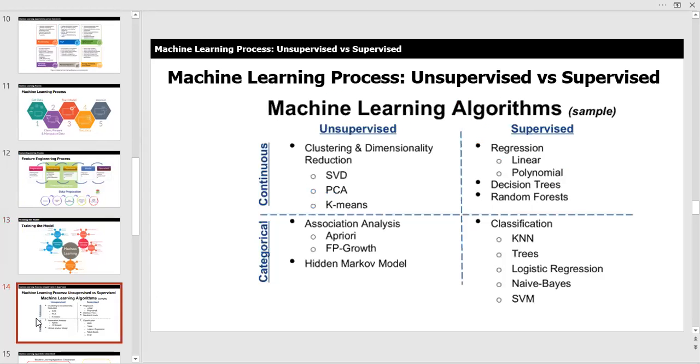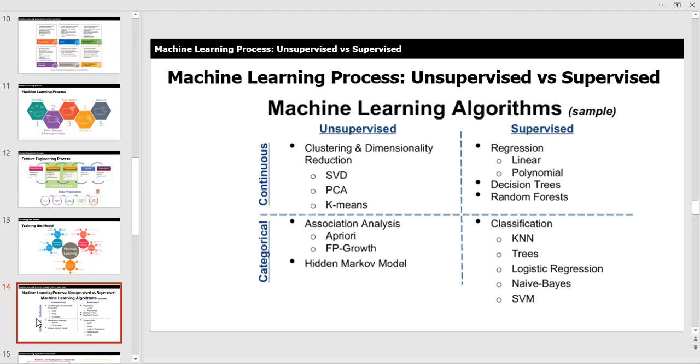Some of the tools, and again, I'm not an expert on any of these, so I don't pretend to be, but these are many of the algorithms that are used by our data scientists to do these things: clustering and dimensionality reduction under unsupervised, and then also under unsupervised, you might have categorical. So these are continuous models, algorithms. You have categorical models, association analysis, hidden Markov and all this kind of stuff. And again, I don't get into the level of detail for that. I don't need to. I'm a business analyst. While it's important that I know some of these terms, I'm not the subject matter expert on that.